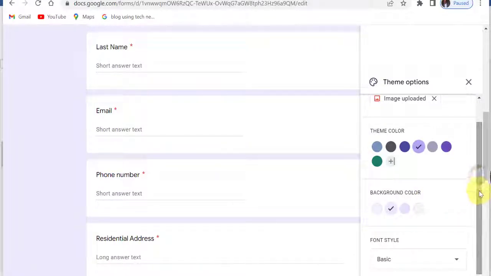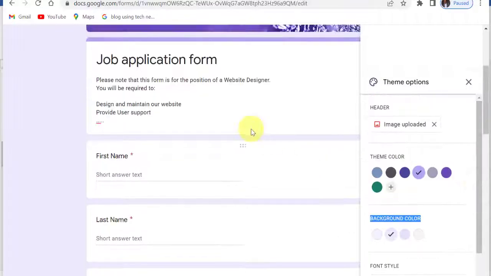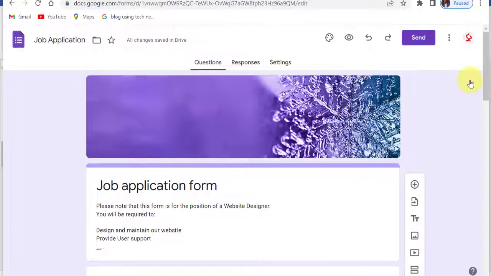You can change them there. So that's how you can edit your theme. When you are done, simply close it here. Of course, you have a button here that you can preview your form. You can undo, redo. If you make any mistake, you can simply undo here, and then